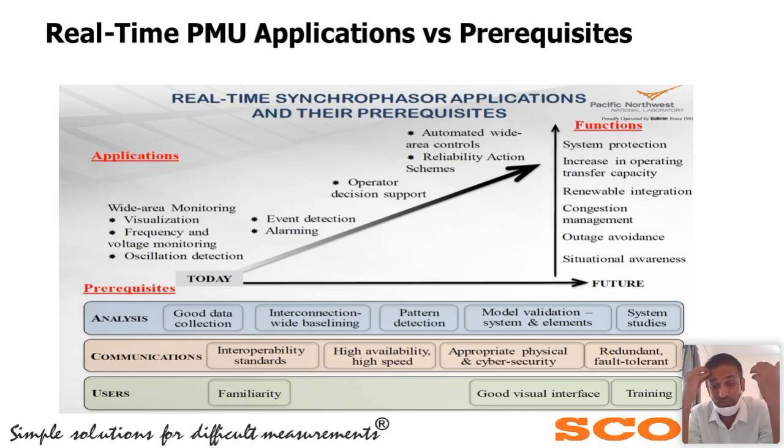So when it comes to cyber attacks and cyber security, I don't think it is a big issue, since we are not sending this data to the cloud and from there sending the data to the PDC. Instead of that, we have a one-to-one connection. So the cyber attacks and other things are very few in this case.